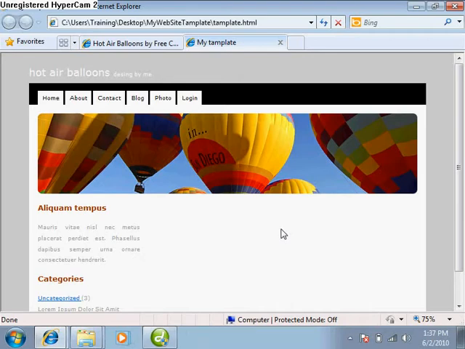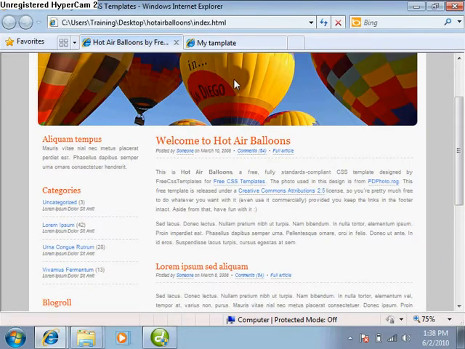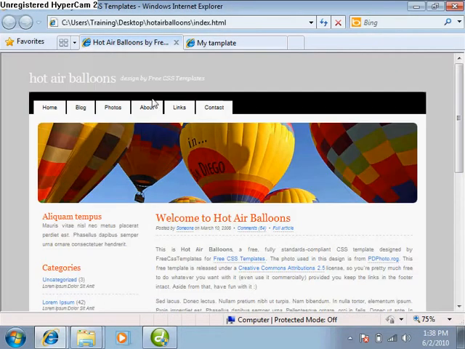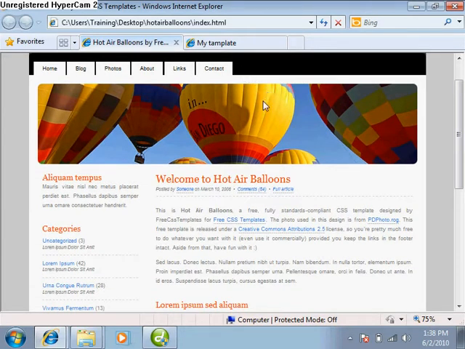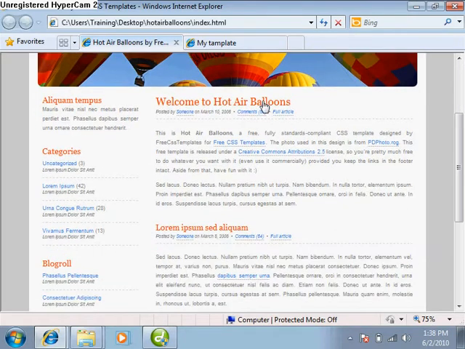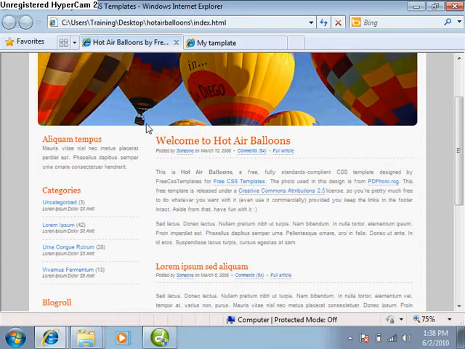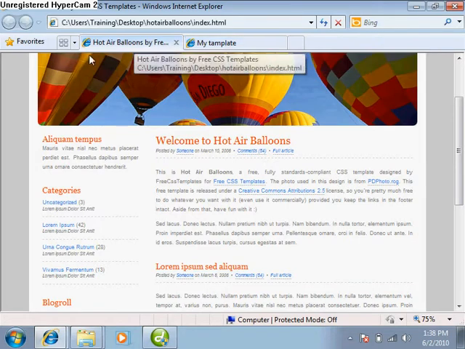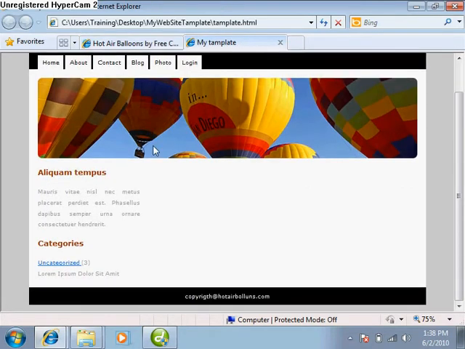Hello friends, in the previous session we created a HotAirBallons template which is nearly equal to this original template, downloaded from the free CSS templates website, freecsstemplates.org, from where you can download many other templates. There is still a little bit of difference between this original template and the template created by us, because here